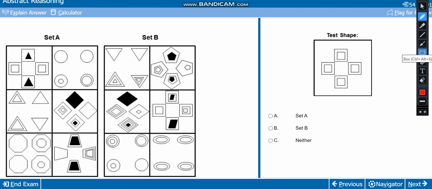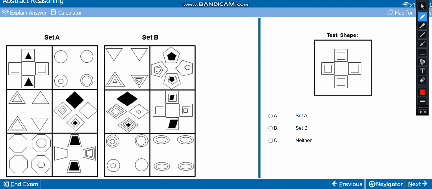This is a hard question from the abstract reasoning section of the UCAT. It involves quite a lot of different tools to answer. That includes counting, understanding positions of shapes, and if you encounter a question such as this one that's quite hard in the UCAT,